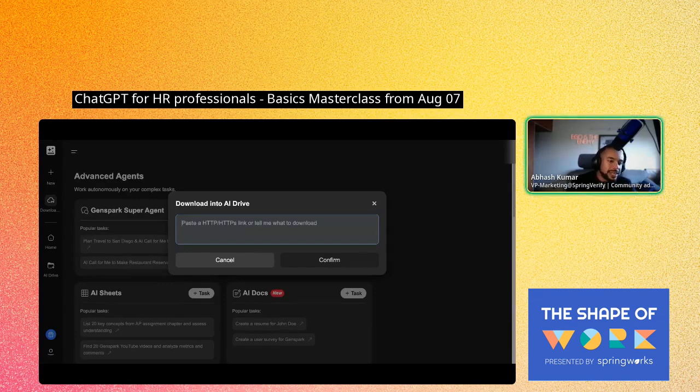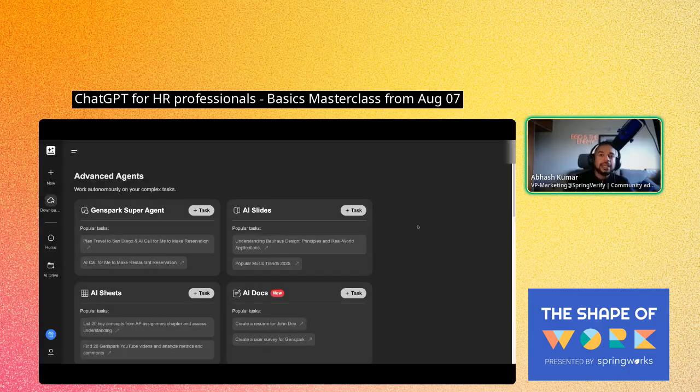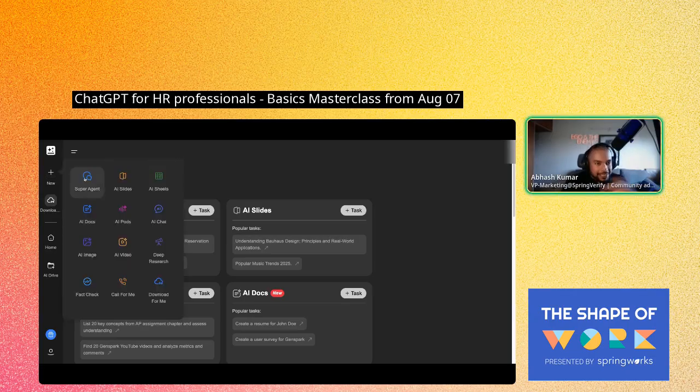Can we use it to search on GitHub? Yes. Anything which is publicly open, right? Obviously, if it is behind a paywall or behind a login of some kind, no. So, for example, the LinkedIn profiles that it is fetching, their visibility must be set to public. It cannot search for private profiles, right? There are ways you can do something like a super agent, give it access to your LinkedIn profile, right? If you are a TA and you have access to LinkedIn Recruiter or whatever, then on your behalf it can start doing the search. But obviously it can only look at public profiles. If someone has made their profile private, it cannot look at it, right?